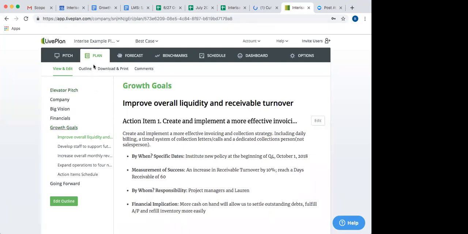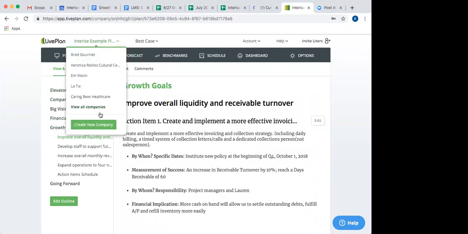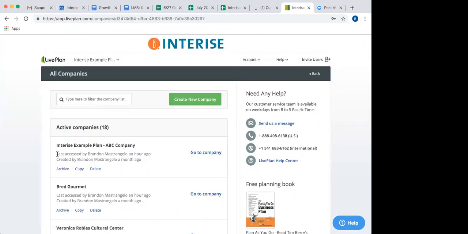And during the class, do the instructors have access to this during the course? So if they want to check in and see how you're doing on your plan, they can just take a look at it? Okay. Exactly. So they can give you that nudge you need when you're falling behind? That's 100% right, Steve. Absolutely. So as you can see up here, right now I'm set up as an administrator, and your instructor would have similar privileges where if I click this drop-down menu, I can view all the companies that are in my cohort, right?